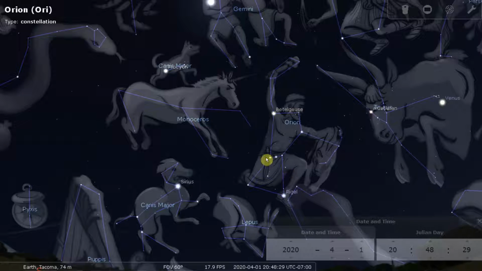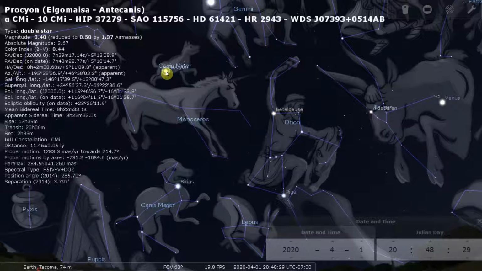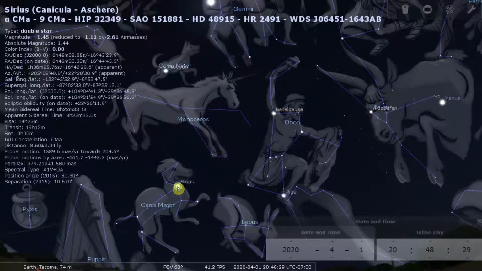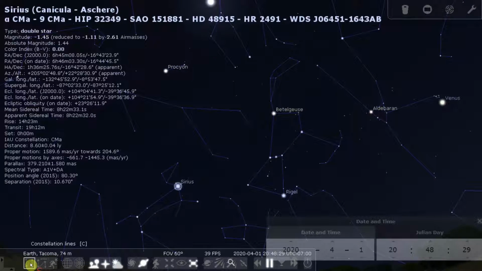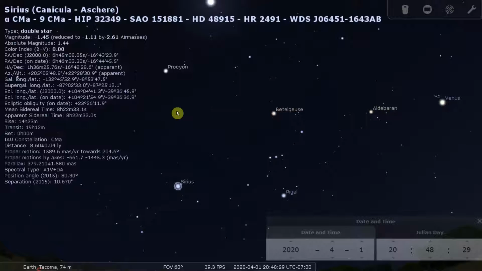And so this gives me a way to say, here's Procyon. I can click on that star, and that one's really bright. I should be able to see it. And here's Sirius, also a bright star, and then there's Betelgeuse and Rigel. If I use Betelgeuse, Procyon, and Sirius, I've got a triangle, and in the middle of that triangle should be this kind of V shape, right? So as a reminder, if I turn off all of the constellation hints,